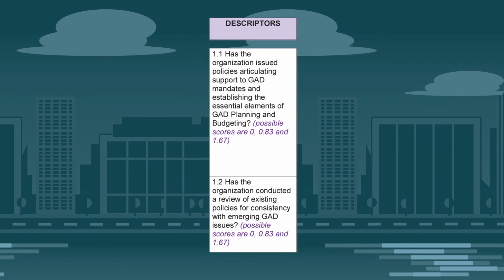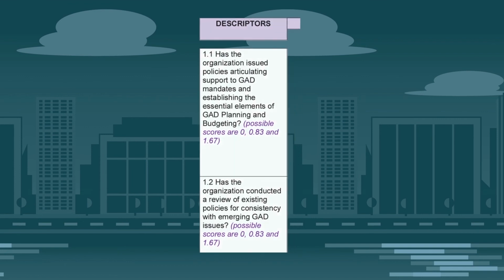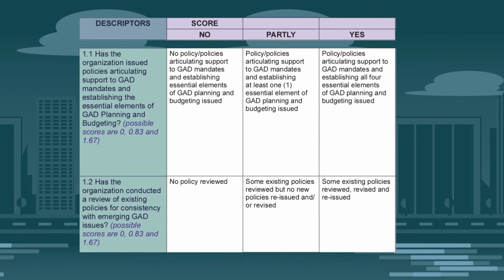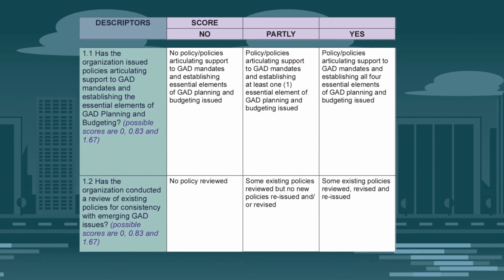Descriptor refers to the series of questions to assess whether an organization has complied with a gender mainstreaming element in the GMEF tool. Questions in the organizational assessment questionnaires vary in number per entry point. Score. This column shows all possible scoring options for the descriptors, as no, partly yes, and yes. It also includes criteria for the proper assessment or rating for each question.